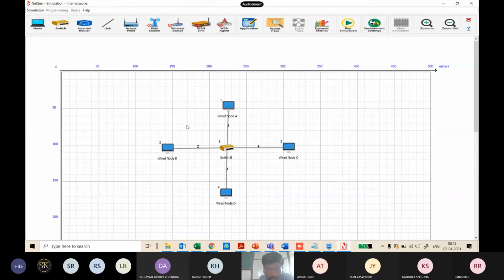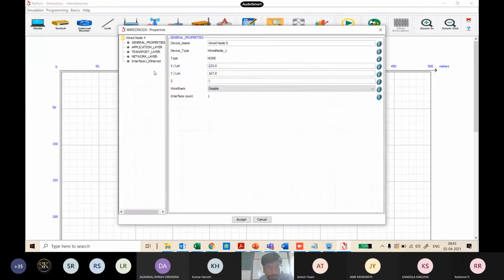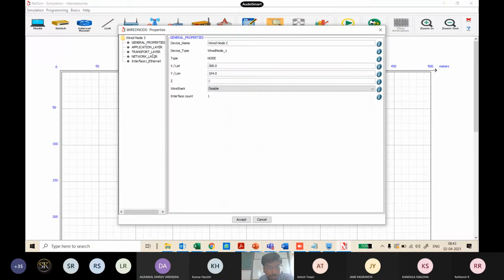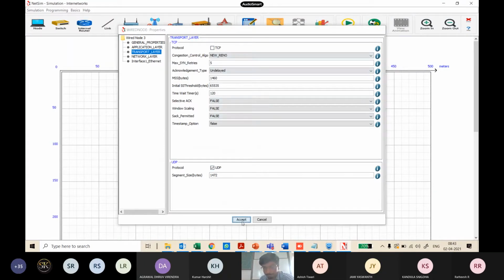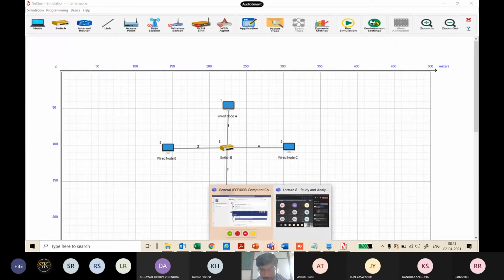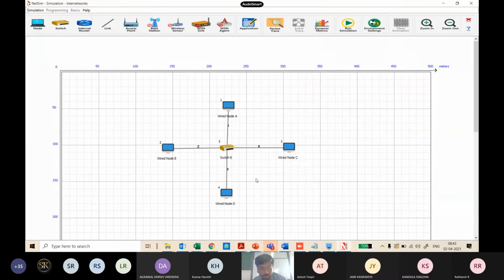Please repeat this for all the nodes: right click on it and disable TCP. Just have UDP enabled. This is what I am doing in all the nodes. So if you have 6 nodes, go and uncheck TCP there. That is the first thing that I want you to do. If you have done that, I want you guys to put your status as done. I hope I'm not hurrying. If I'm fast, please feel free to stop me.